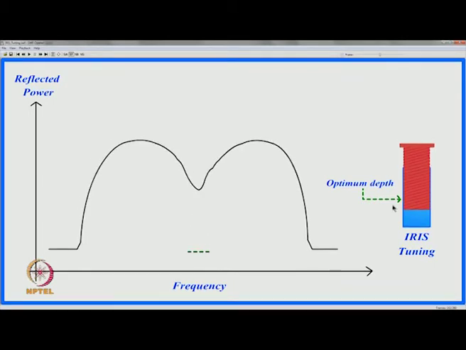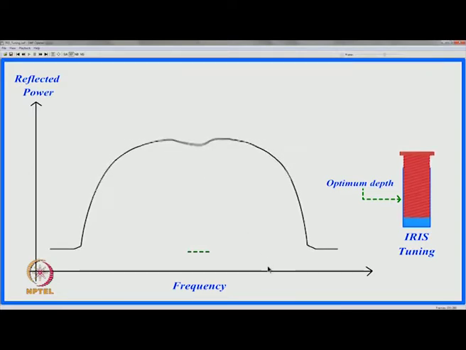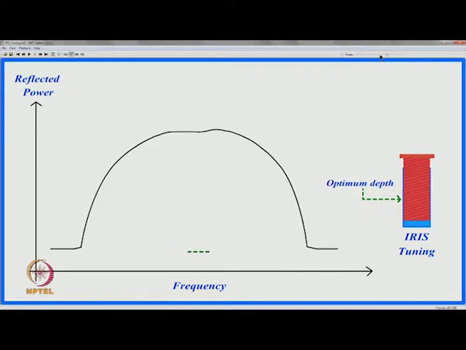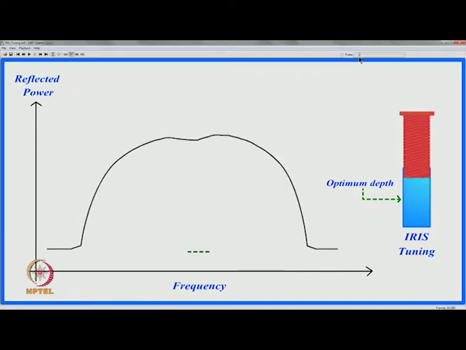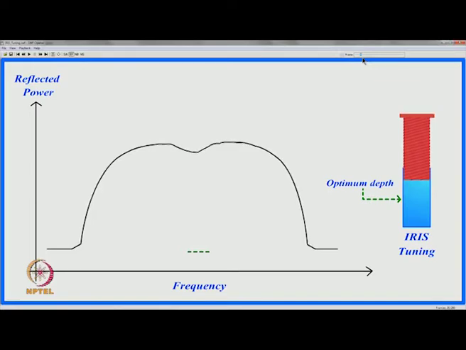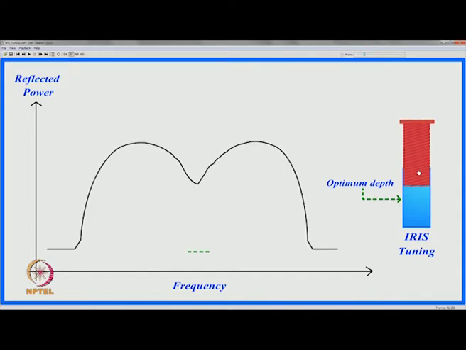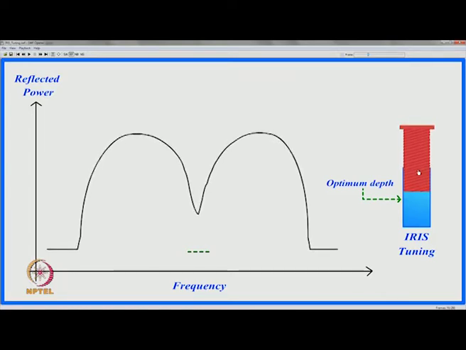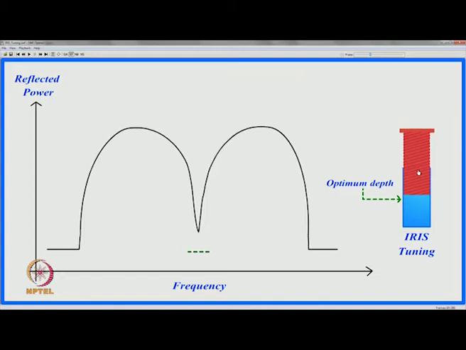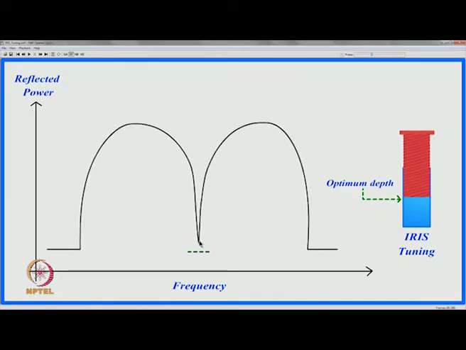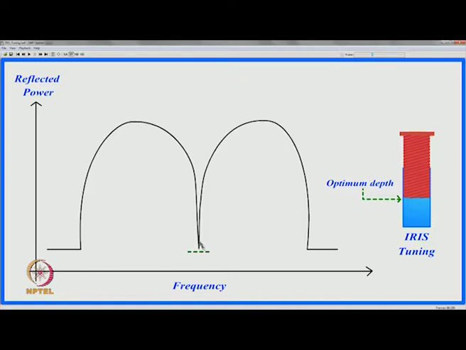So, if you go beyond the critically coupled condition, microwave power will be further reflected. Okay, start from here. So, I try to tune it by adjusting the depth of the screw, slowly going down and down. So, here it is trying to go to 0, this is 0. So, this is called the critically coupled cavity. So, we try to work almost here.